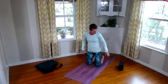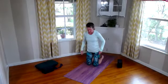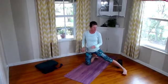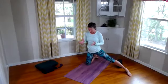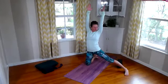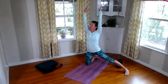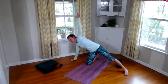We're on our knees and let's go ahead and take our right leg off to the side. And we want the toe either to the front or out to the side, we want the ankle nice and neutral. So neutral, however that works for you. And let's go ahead and lengthen up through this nice strong gate pose. So reaching up through this, I'm going to actually bring my toe in a little bit more. There we go. So reaching up through this, and let's go ahead and take our left hand, place our left